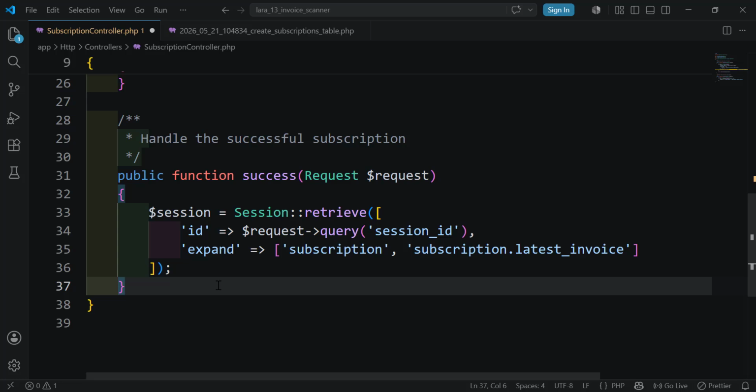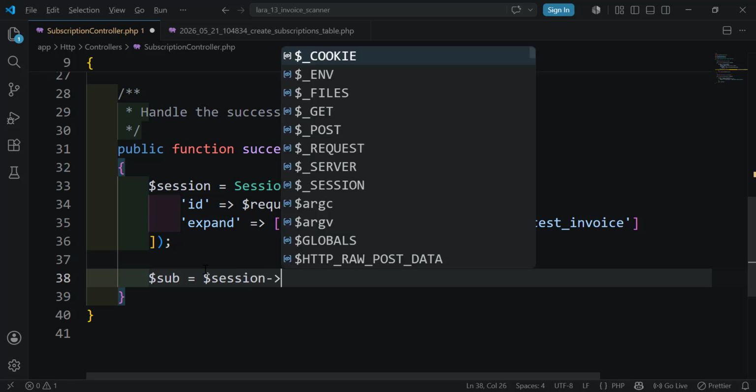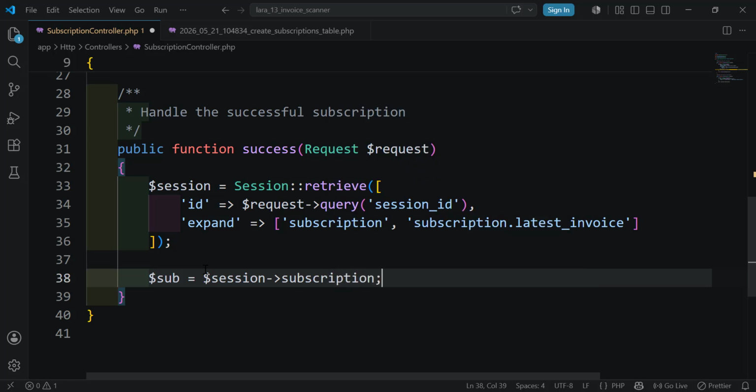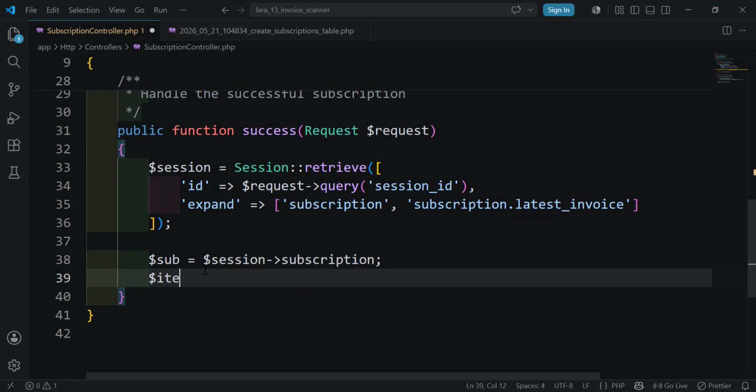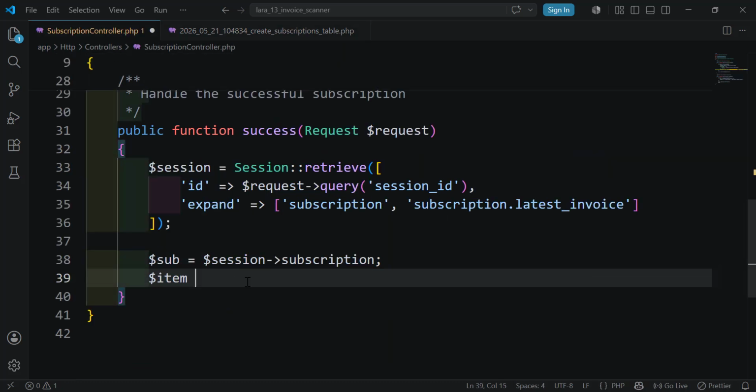Now what we need to do, we have the session, and session has the subscription. Let's define here sub variable and get the subscription from the session subscription, which is the subscription of the user. Next, we need to get the item. The item has the price and also has the current period, has the price ID and has the current period end. Okay, so to get the item we need to use